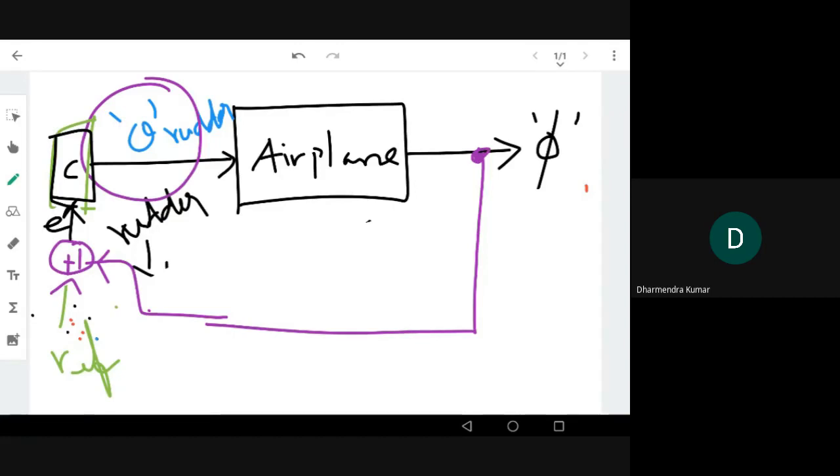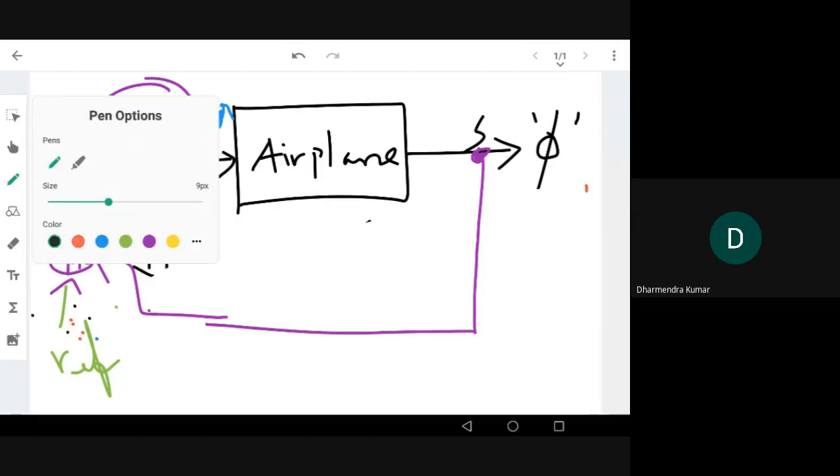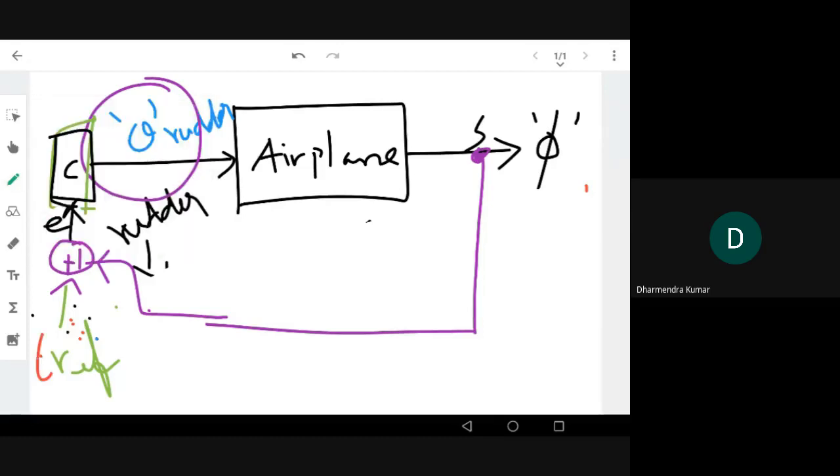So this is a feedback system using some sensor. I'm going to feed back the angle using a gyroscope sensor. I'm going to feed back the angle to the controller, whose reference value, how much angle I was supposed to turn, the reference angle phi, will be compared with the present angle turned, and the error will go to the controller, and the controller again adjusts the rudder position. Okay, so this is another example of the airplane model.